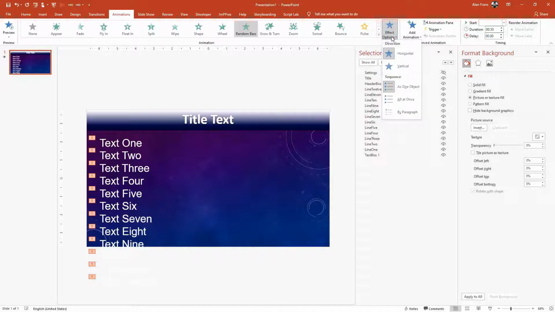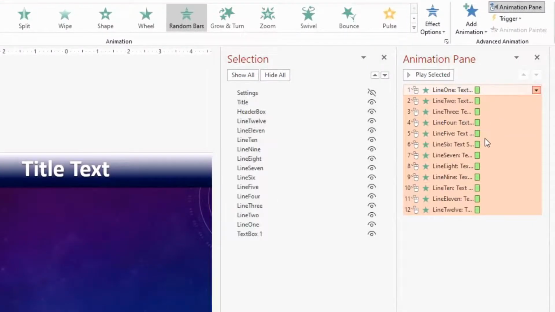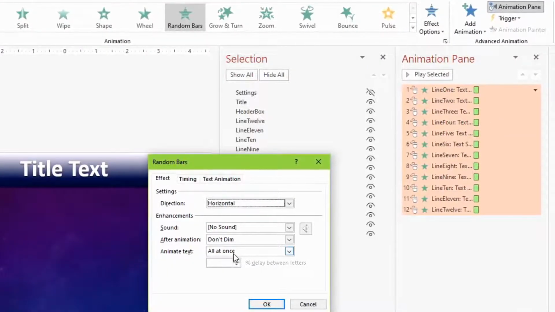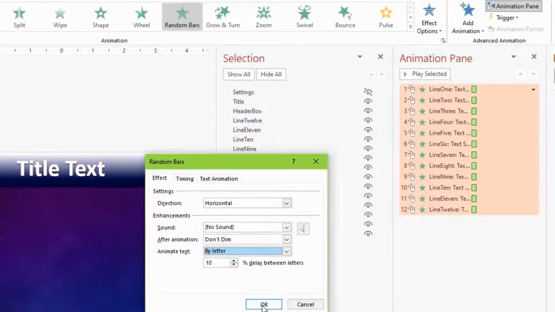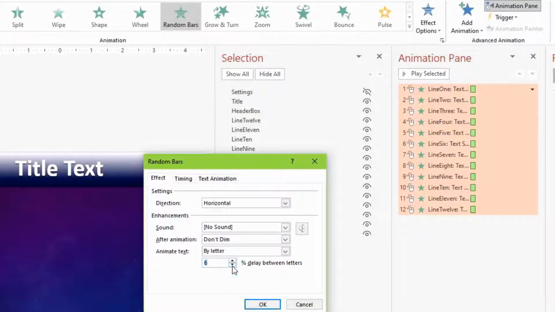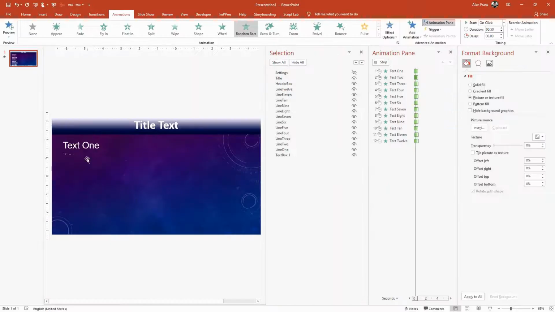And then the effect options. So if I go into the animation pane, I'm going to change them all to on click, and if I right click on effect options, this little dialog box comes up, and I want to animate this by the letter, and maybe change the delay of the letter so it appears a little bit faster because you're doing it by letter. All right,